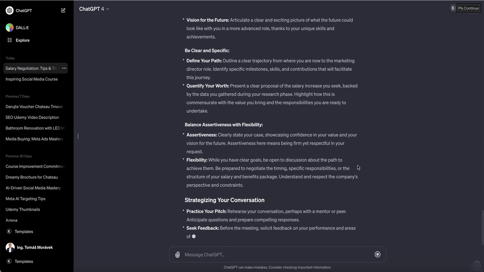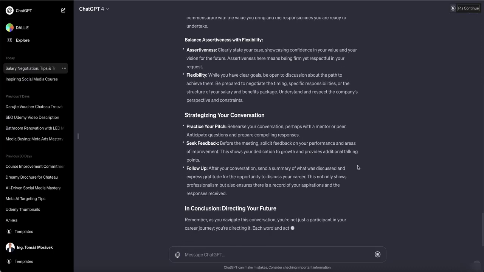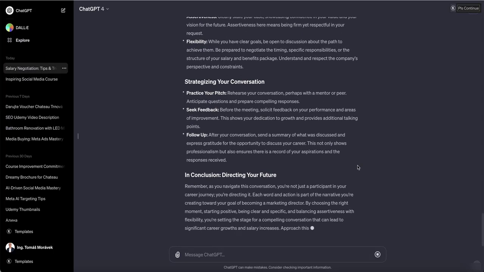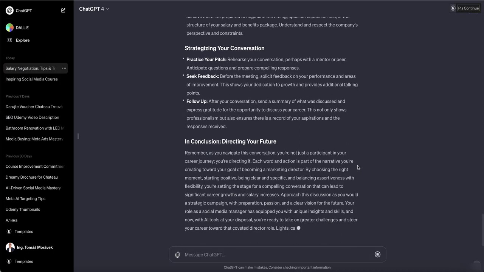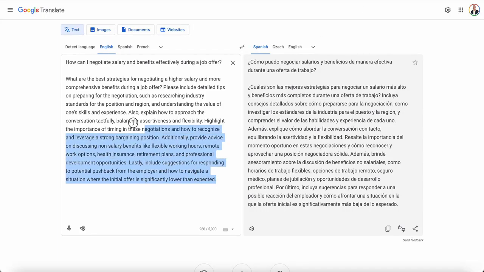We can get many ideas, and just this chatting can really help us a lot to think about our rise, to think about higher salary, to think about becoming marketing director, and how we can become marketing director. And we can ask more and more questions to get more inspiration, more ideas, diving into this vision of becoming, for example, marketing director. And let's use the same with BART and see what will happen.